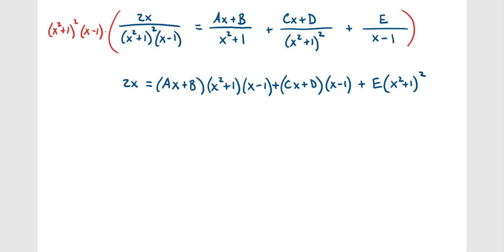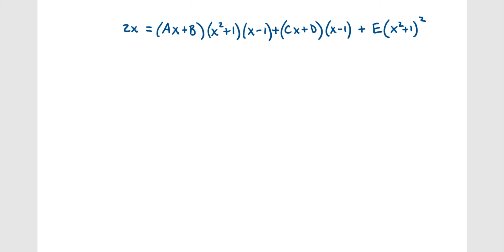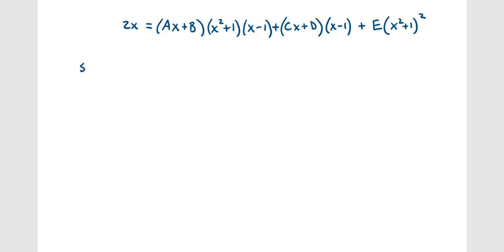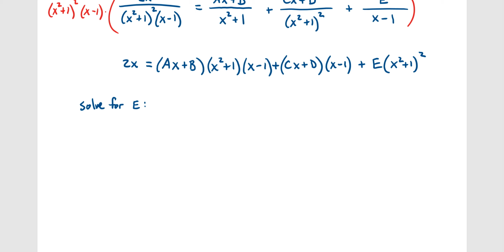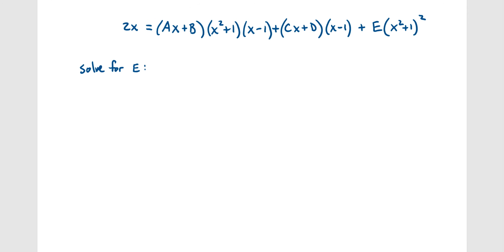And for this one, like we just mentioned, let's first solve for the linear constant, which is going to be e. So to do that, we have to choose the value that makes its denominator 0, which is x minus 1 equals 0, so x equals 1. So we're going to plug in x equals 1. That's going to end up canceling every other term on the right except for the term with the e in it. So we plug that in, we get 2 times 1 equals,